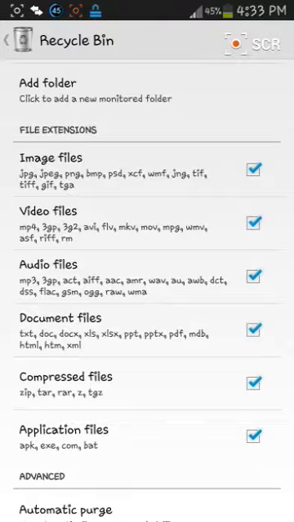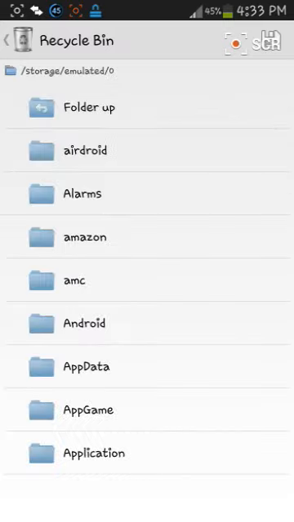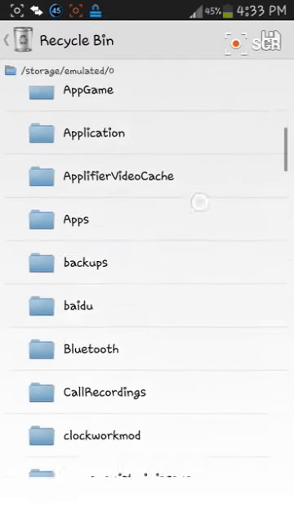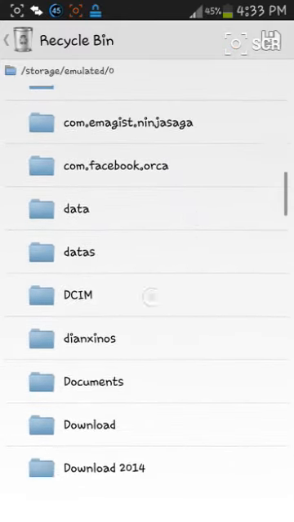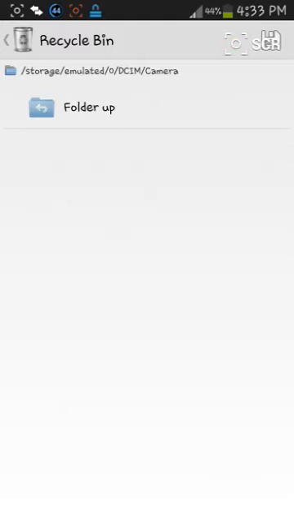So after adding the folder, you are allowed to choose of which memory you will use. So in my case, I am always using the phone memory, so I will choose this SD card 0. So under that, I will choose another folder like the DCIM folder because most of the time I accidentally deleted some photos of my camera in my phone. So I will choose the camera and then save my settings by just clicking on this one.